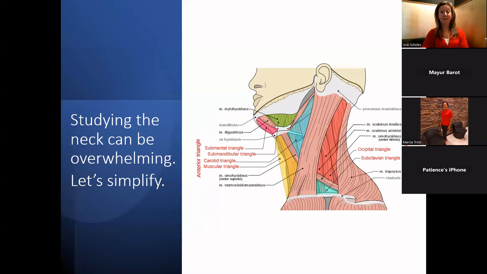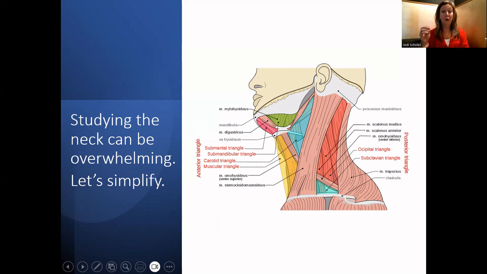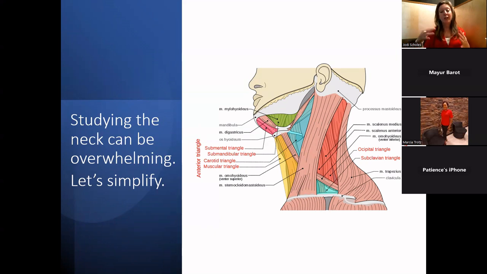We're getting right into it. Studying the muscles of the neck can be completely overwhelming. I can't tell you how many of you guys have told me that it's a little overwhelming to even figure out what to study. In fact, that's a big reason that you're here, is to figure out what to study. So let's take a look at the most important muscles of the neck. This again is a review of what you'll need to know for the MBLEx. In massage school, you probably spent a lot of time on this, but let's look at the major muscles that you'll need to know